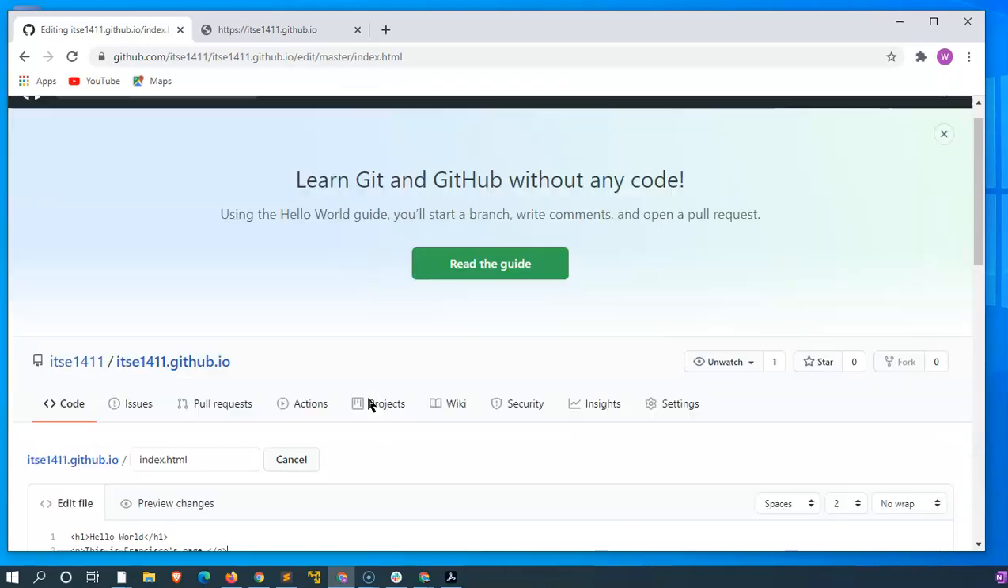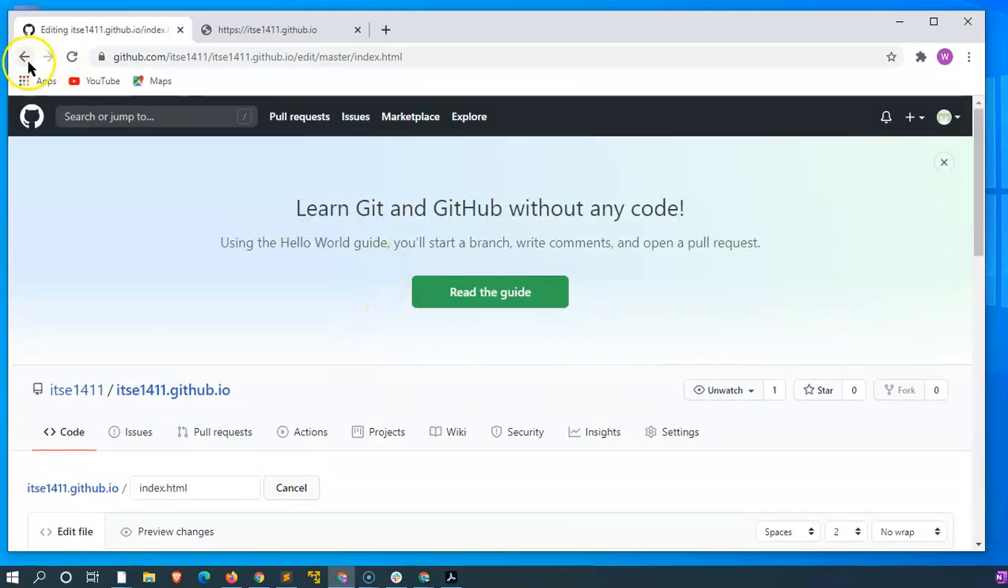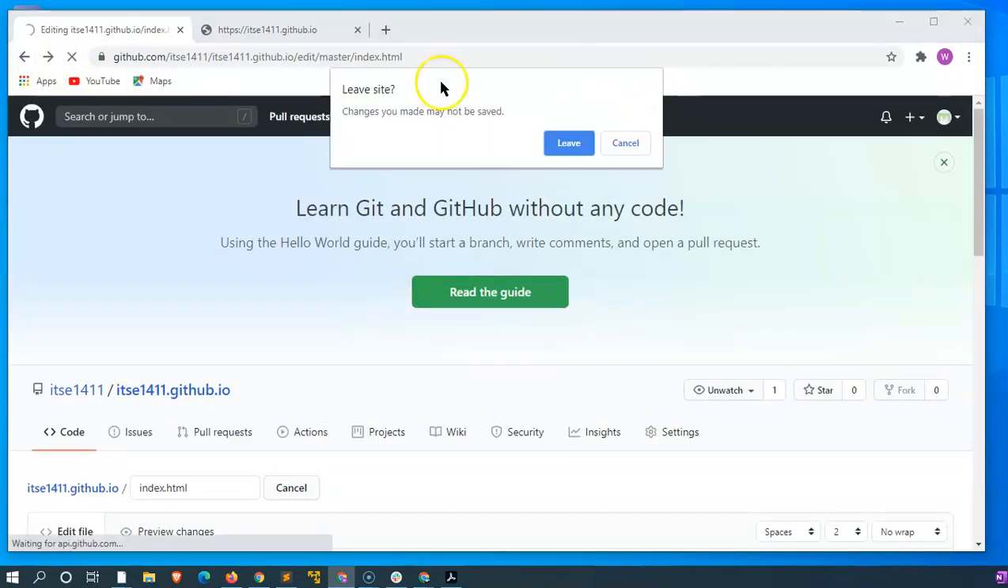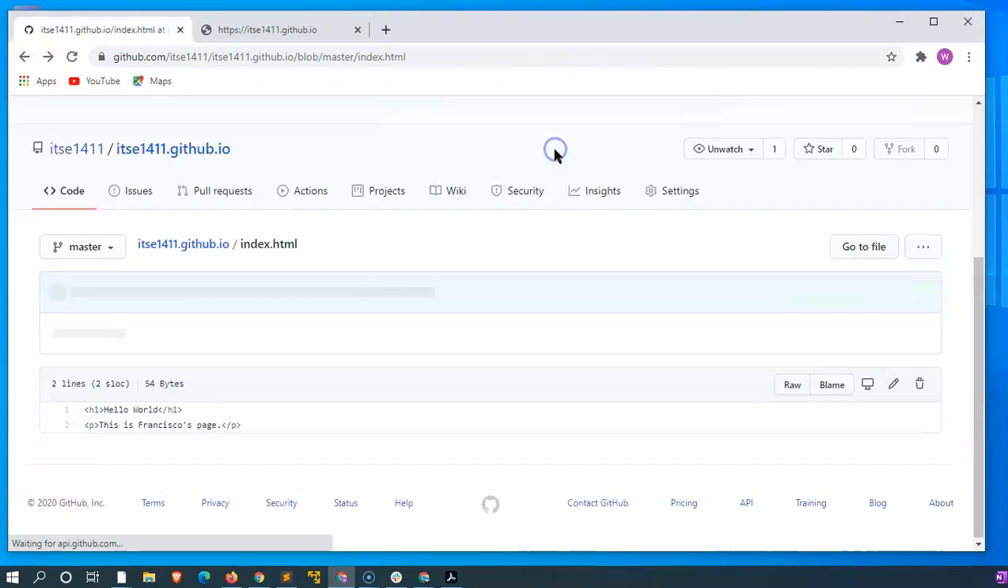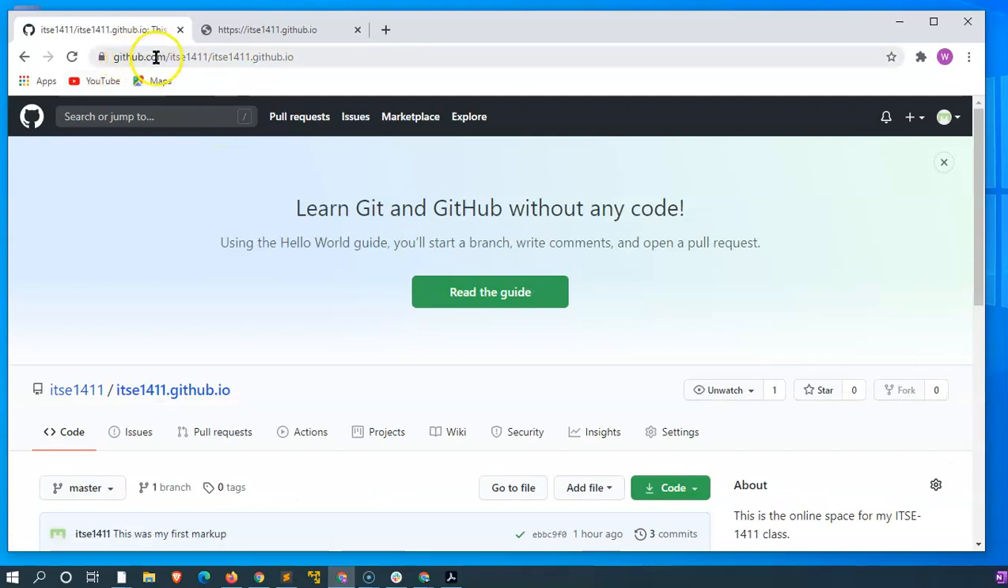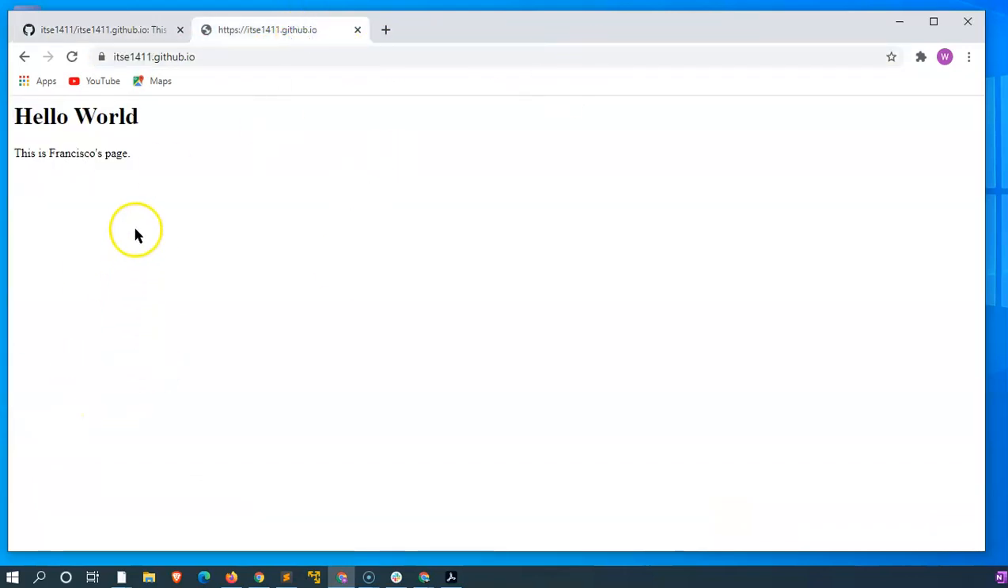We have already downloaded and installed Atom, be it on your PC or your Mac. I'll go back, even though I made a change there, I'm just going to ignore it, go back into my repository, which is github.com/itse1411, that's my username, and then the username.github.io is the actual web page that we can see the end